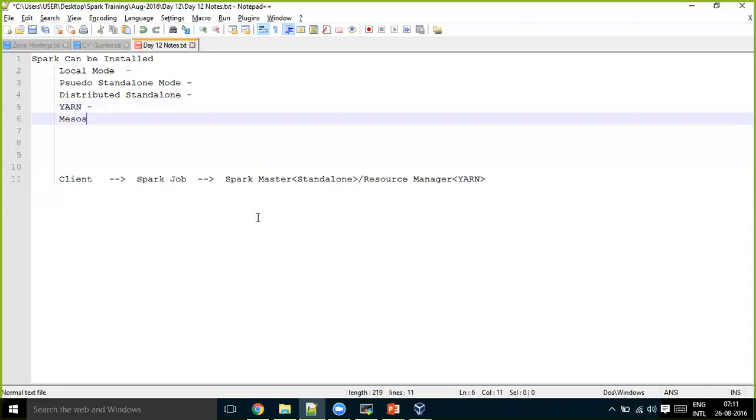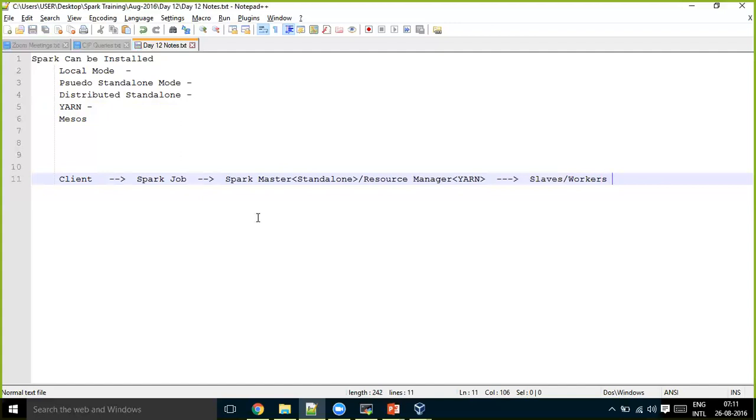As of now we'll focus on the basic building blocks. The client submits the Spark job to either the Spark master or the resource manager, and once it goes to the master, it gets distributed to your slaves, which are called workers in Spark architecture.